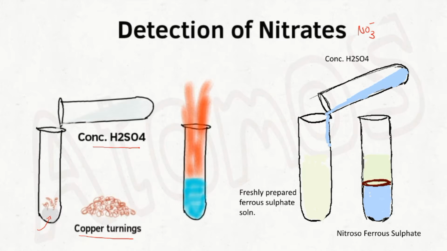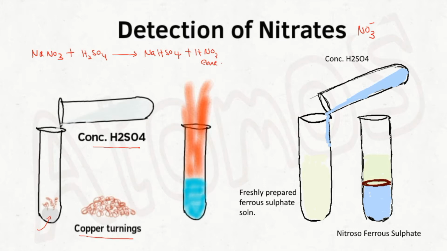In the chapter on nitric acid, we were learning about the laboratory preparation of nitric acid. The same reaction is happening here. Write and see: sodium nitrate is reacting with concentrated H2SO4. We are heating the test tube, so you will get sodium bisulfate. Along with that, concentrated nitric acid also will be produced. You will remember the reaction.